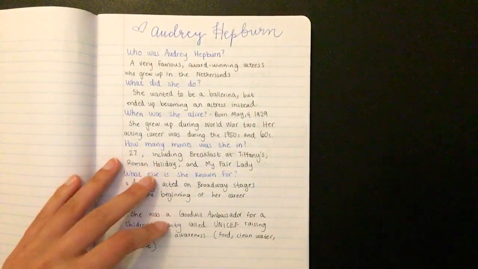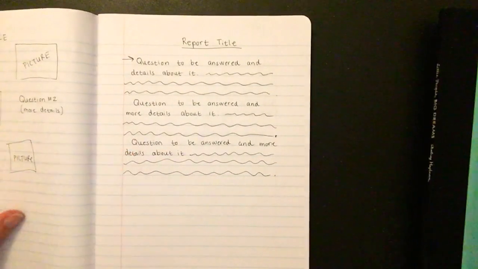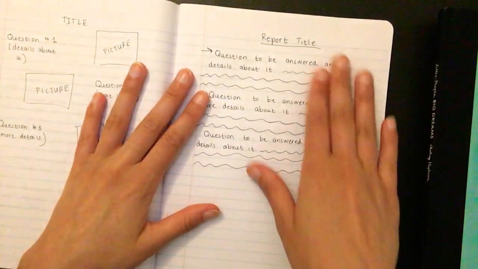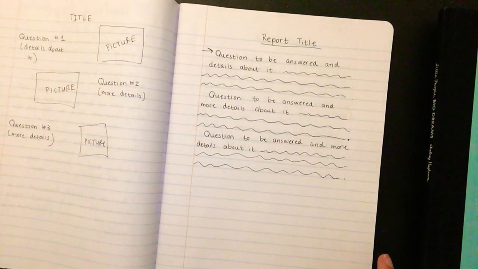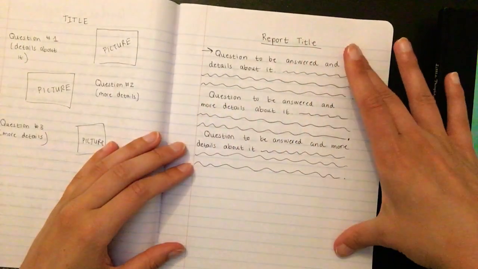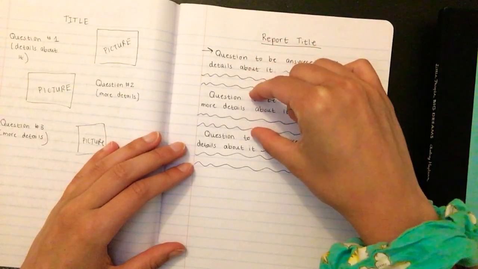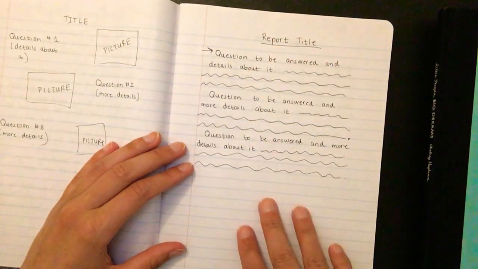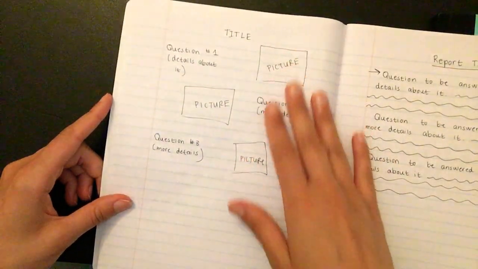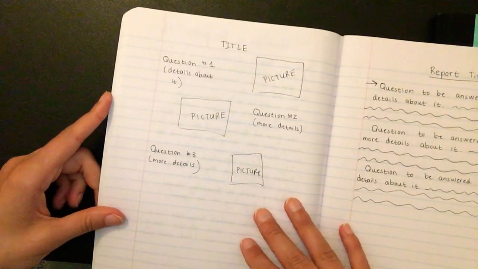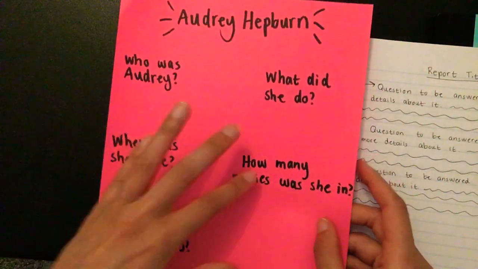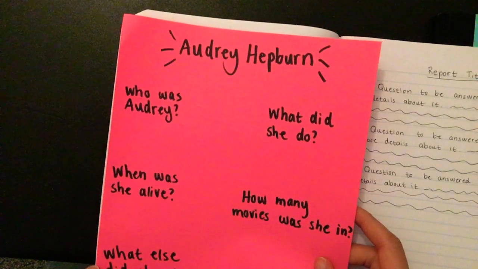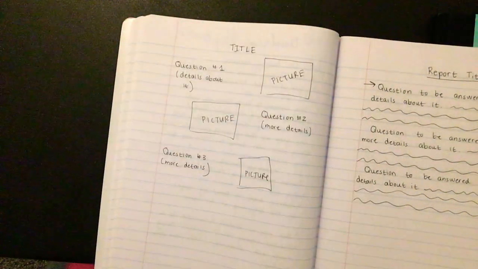You are going to have two options. The first option is going to be writing a traditional report. A traditional report looks like writing on a piece of paper. It's broken up into what we call paragraphs or chunks of writing. Your second option is going to be to create a visual display or a poster. The writing will be more broken up onto a piece of paper, and you can add pictures if you like.